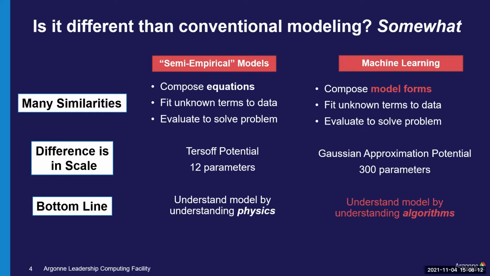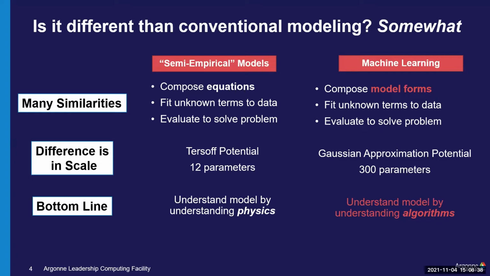Instead of thinking about an equation that has specific terms that I want to fit, that each individually have meaning, machine learning is more about composing a model form, some architecture that can learn from that data, because this has to deal with complexity. If I look at even a complicated model from materials science,